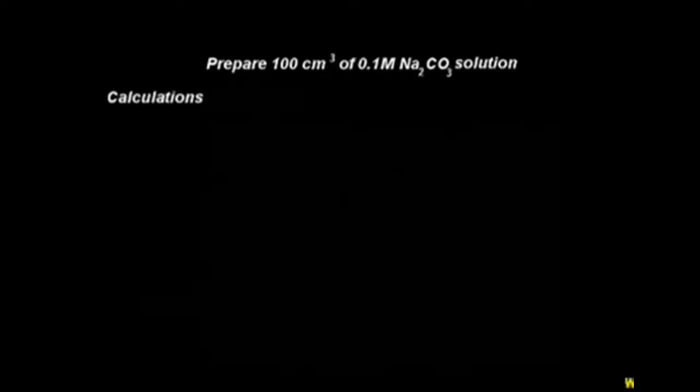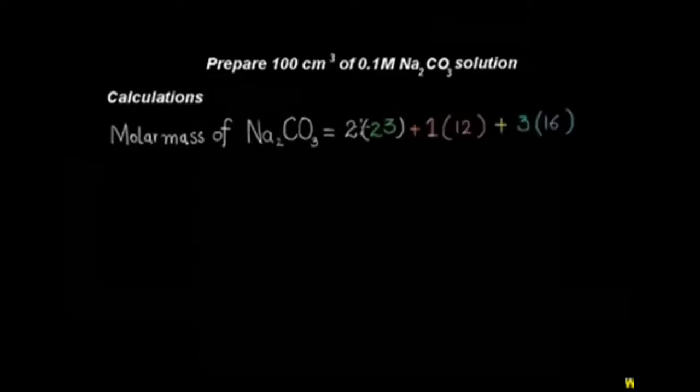Now first of all we have to find the molar mass of sodium carbonate. The formula of sodium carbonate is Na2CO3. The calculation required to find the molar mass is: write down the atomic masses of all the elements in the formula, that is sodium, carbon and oxygen. The atomic mass of sodium is 23, the atomic mass of carbon is 12, and that of oxygen is 16,